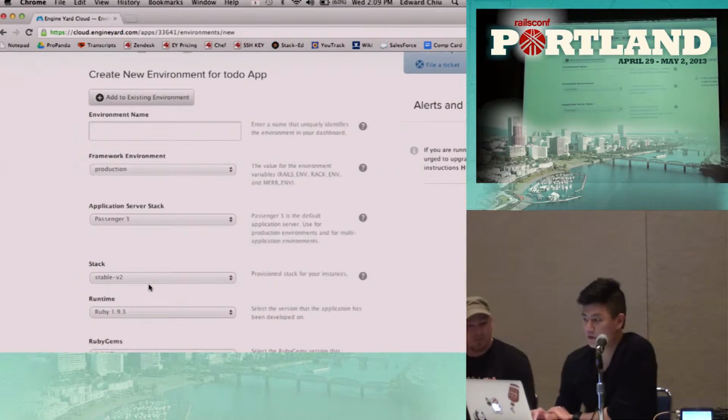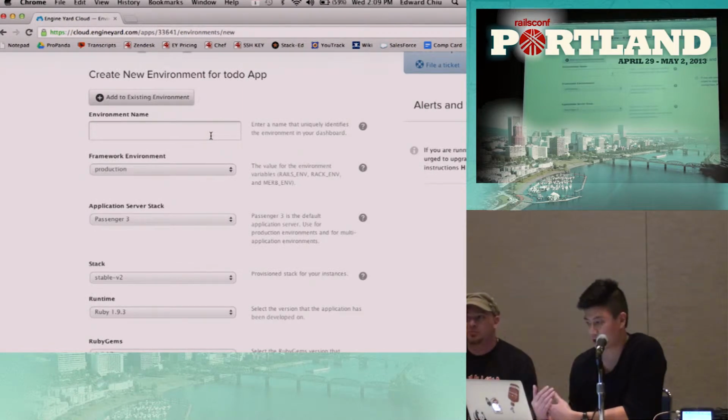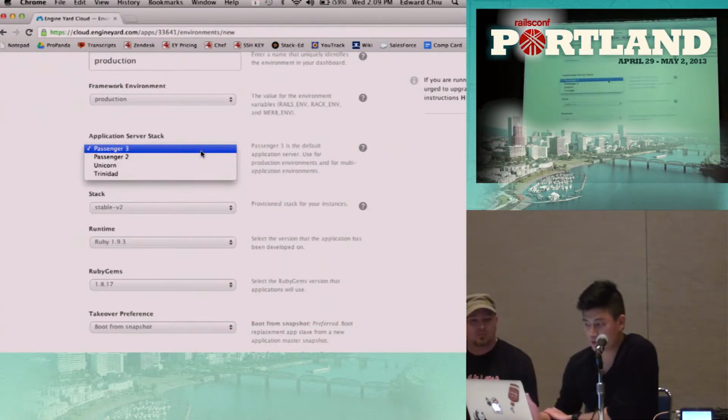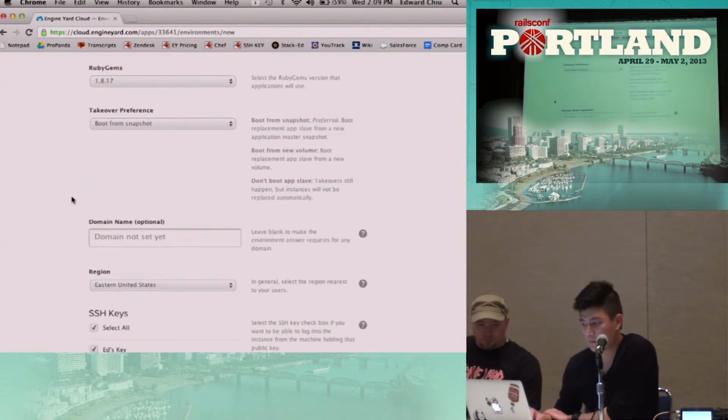So this is the environment creation page. And basically, an environment is a container of your instances. So you could have a staging environment, a production environment. So let's go ahead and just make this your production environment. And I'm not going to walk through everything in here, but basically you have the option to choose your own application server stack. Let us know the version of Ruby you're using, RubyGems,